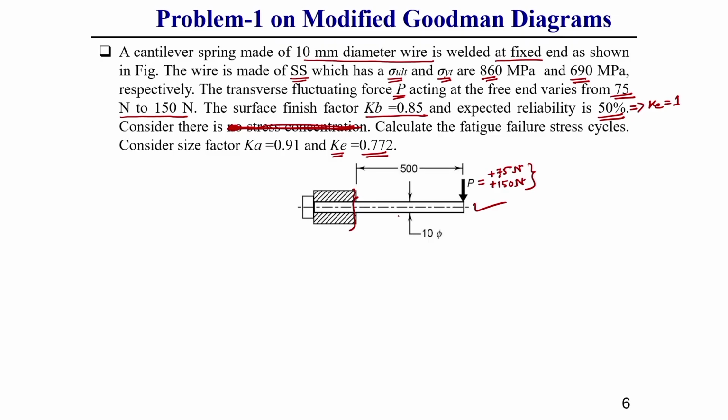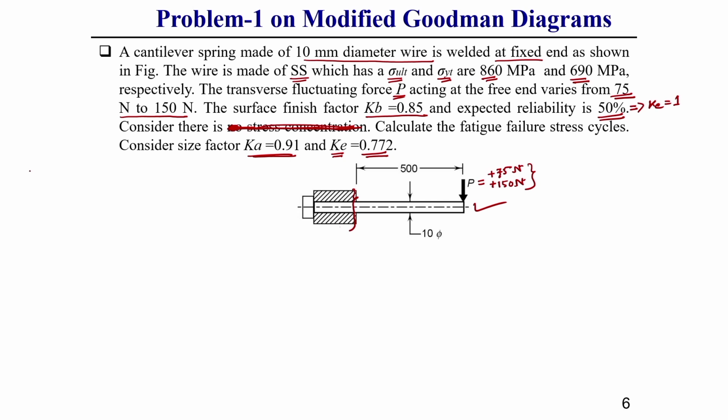Here the size factor, as the spring has a diameter of 10 millimeter. Now, according to Marin's equation and the different Marin modifying factors, we know if it is within a range above 0.75, there we can consider this size factor, calculated based on that equation. Generally it is calculated as K equal to 0.95. So, everything is given.